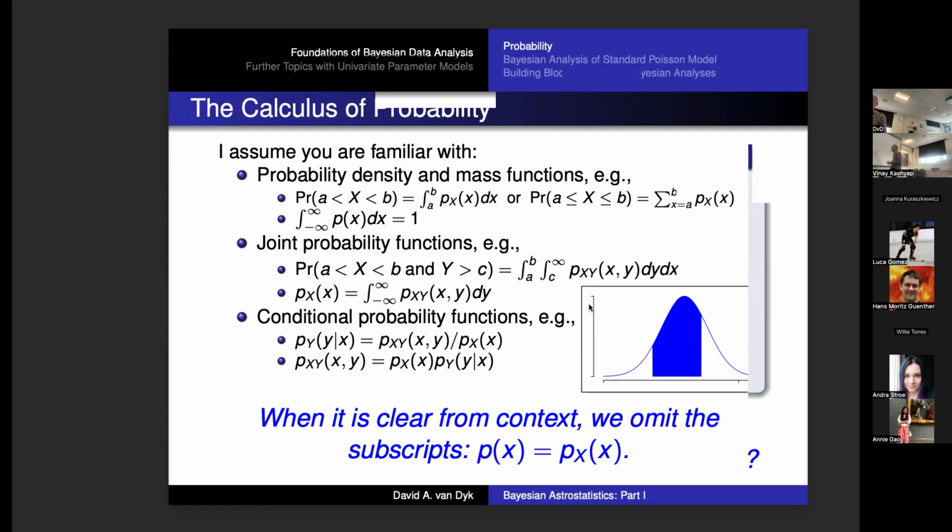So this is a normal curve, and I want the probability that my variable is between this value and this value. It's the area under the curve. That's in one dimension. Same thing in 2 or 3 or 4 dimensions. It's just that I can't make the pictures anymore. We call those things joint probability functions. And we have to say the probability that x is between a and b and y is greater than c is the corresponding integral over that region. That's completely fine. And then we have something called a conditional probability.